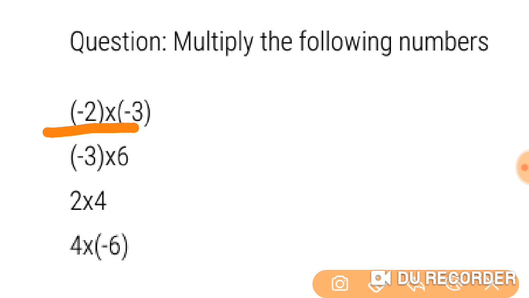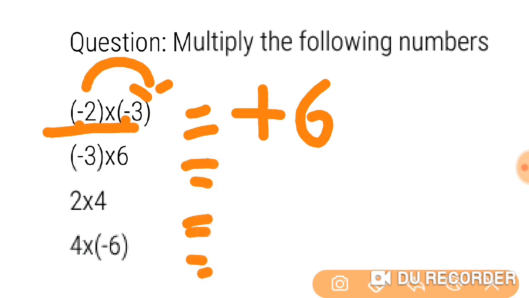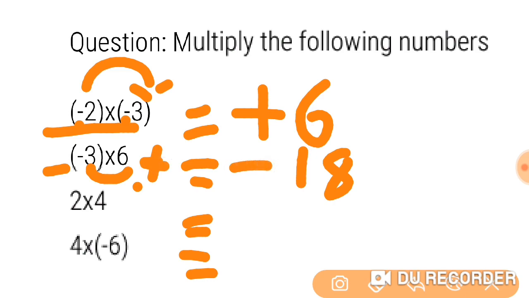See, minus 2 and minus 3. In this, you first multiply the numerals. 2 3s are 6. Just now I said the rule of multiplication: if signs are the same, the answer is positive. If they differ, keep a negative. I'll take an example directly once again. Multiply the numerals. 3 6s are 18. There is a difference because one is a negative integer and one is a positive integer here, so write negative directly.